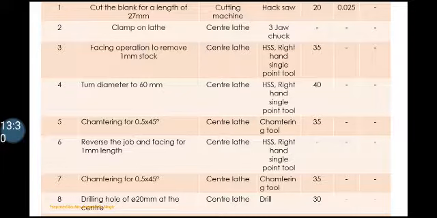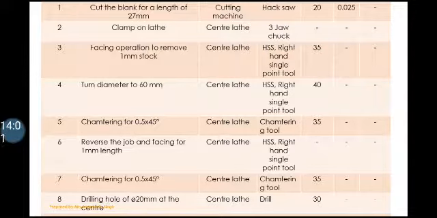First is cut the blank for a length of 27 mm. Cutting machine means which machine is required? Cutting machine. Then which equipment is required? Hacksaw. Then feed is 20. Then depth of cut is 0.025. Likewise, clamp on the length, center lathe, 3 jaw chuck, facing operation to remove 1 mm stock, center lathe, HSS,